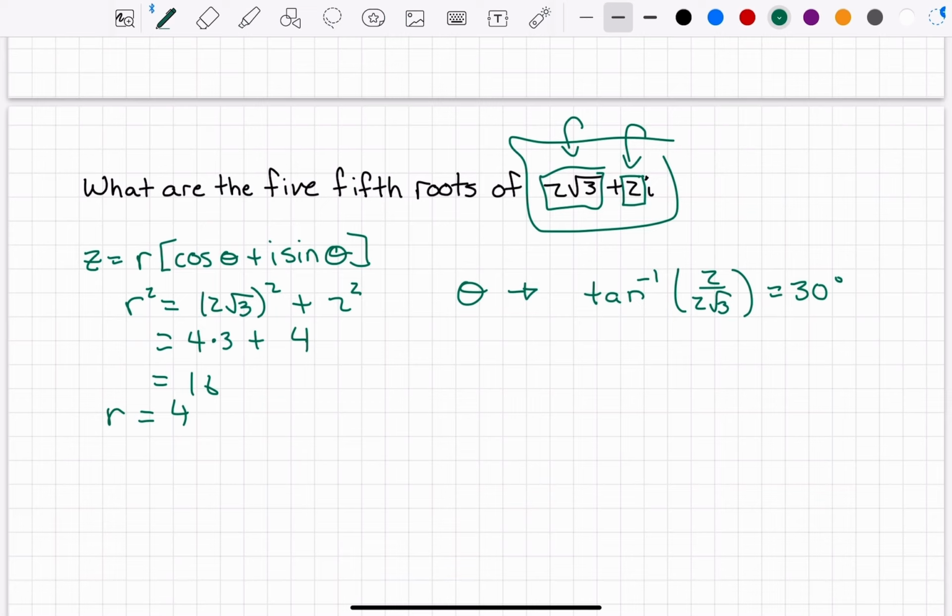That said, we now have everything we need to go ahead and write it out in polar form, and we're going to see that z is equal to 4 times cosine 30 degrees plus i sine 30 degrees. Now I encourage you to take that, plug it into De Moivre's theorem,